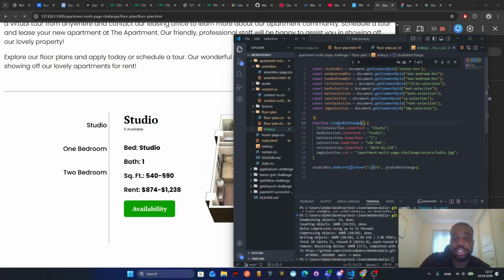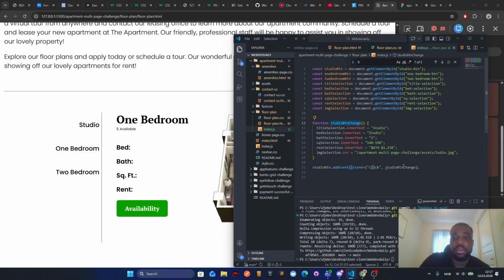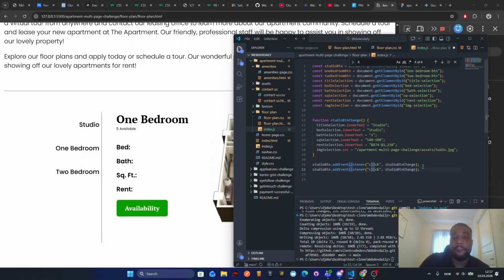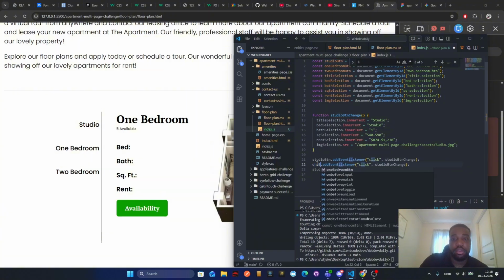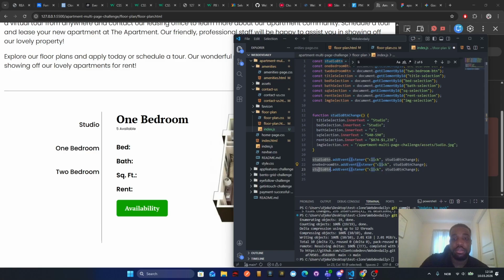Studio button change. We're gonna do 1 bedroom button, 2 bedroom button. Alright, so we're gonna create